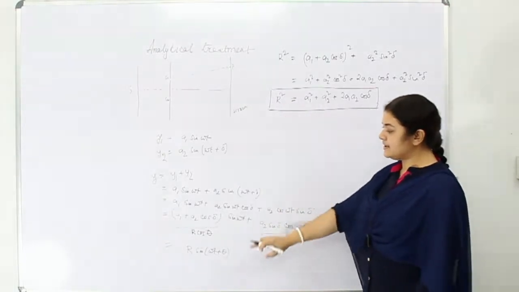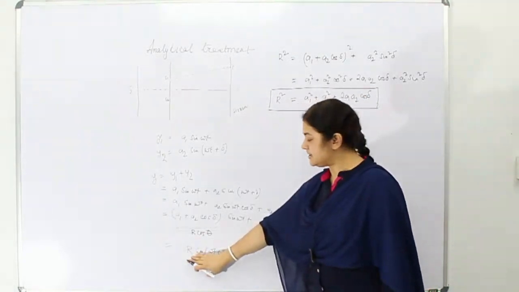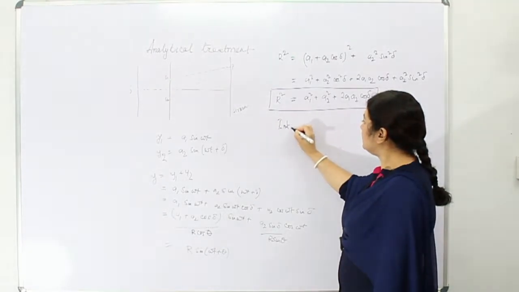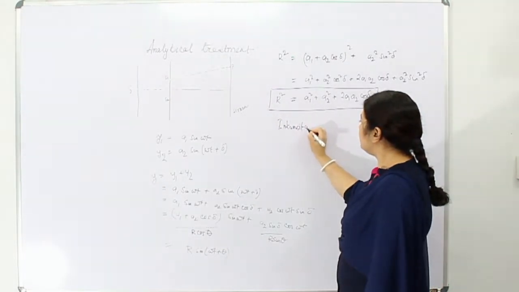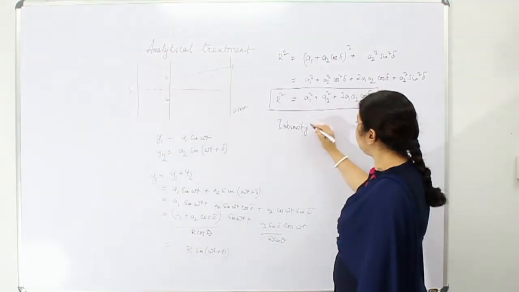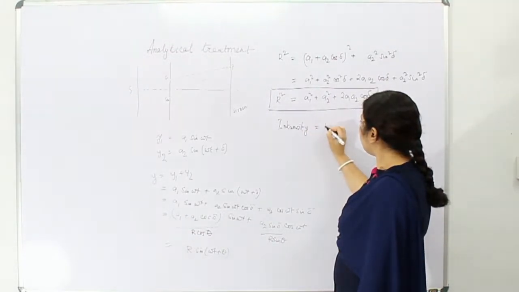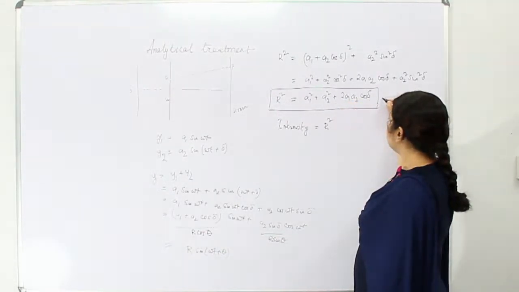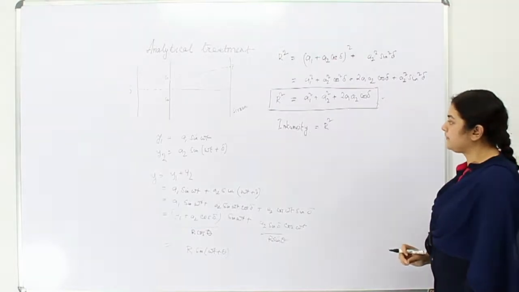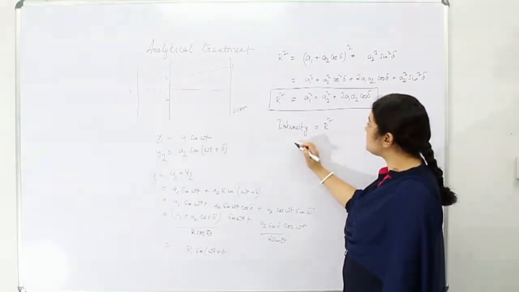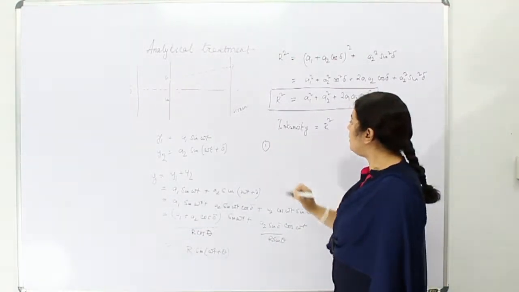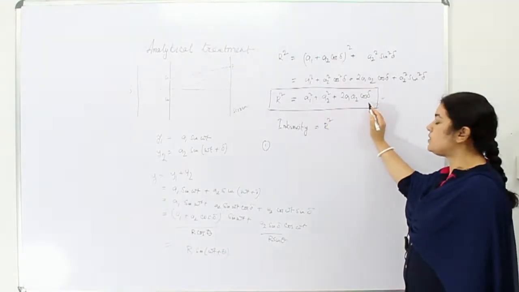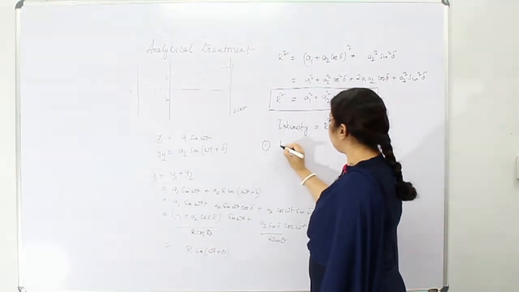So what is r square? R square is the amplitude of the resultant wave. So the intensity of the resultant wave, which is proportional to this, is defined by this term. So we can say that maximum intensity will be obtained when this is maximum, which is obtained when cos delta